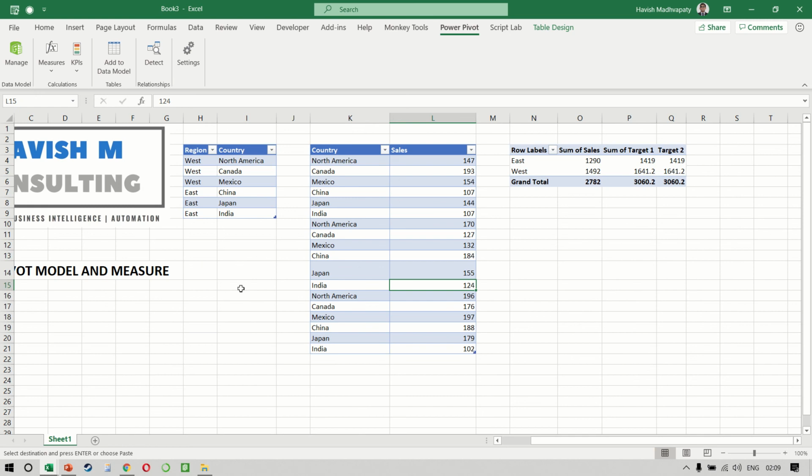So the benefit of creating Power Pivot is that the model allows you to keep the original tables intact, and then all the calculations are happening on the fly within the model itself. So I hope you like the example. And of course, when you save the Excel file, the model is saved along with it. Incidentally, this is the same model that is also used in Power BI, which also uses DAX, which is data analysis expressions.